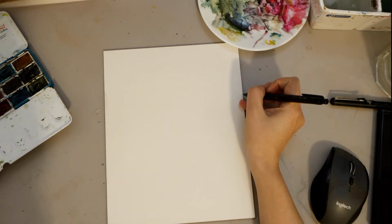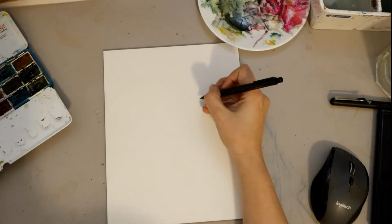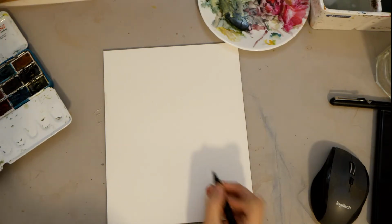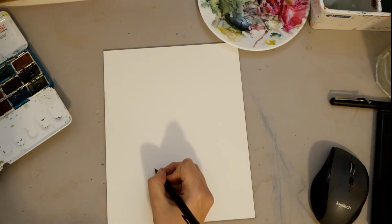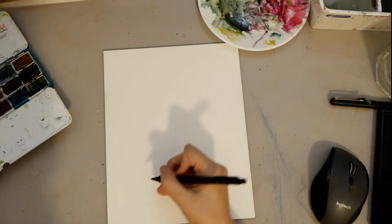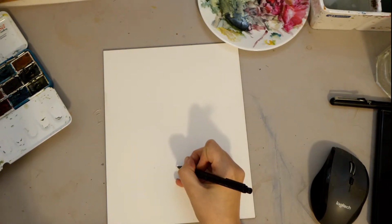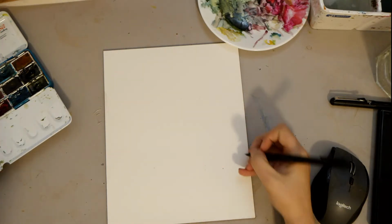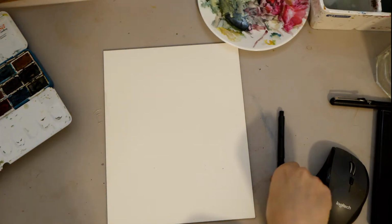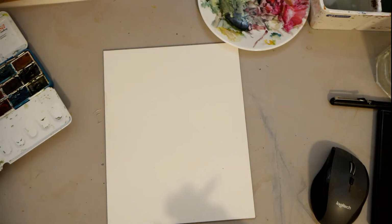Okay, so I'm gonna do some basic, you know, find the intersection corner things here. Maybe a little bit higher. Yep, a little bit higher there. And so this is where I'm gonna put the center of my little rosettes. And then let's see how I had set up my